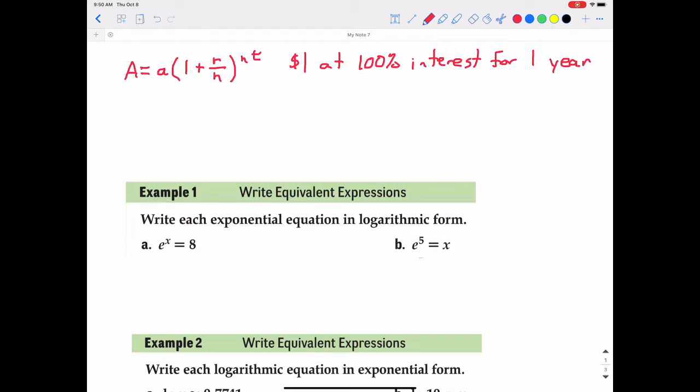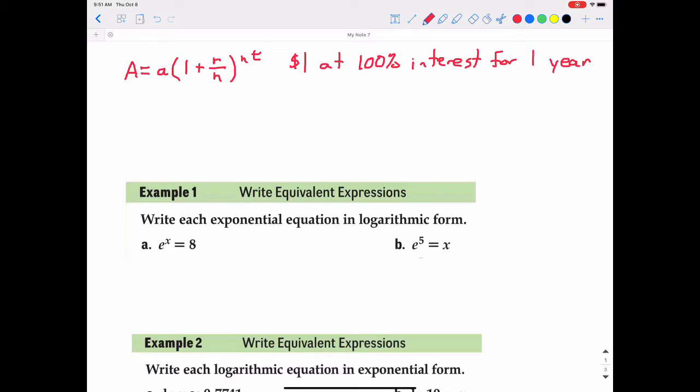Last section we talked about the compound interest formula, capital A equals lowercase a times the quantity of 1 plus r divided by n, to the nt power. R stood for rate, n stood for the number of times per year compounded, t was time, small a was the principal, and large A was the amount that it would be worth after a specific rate and number